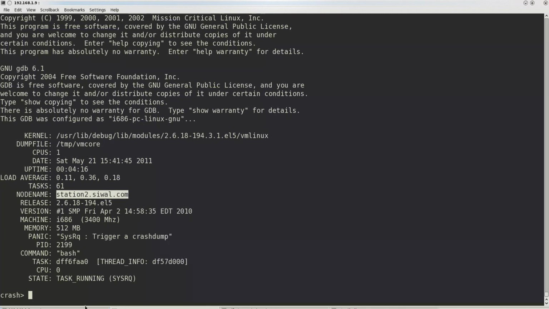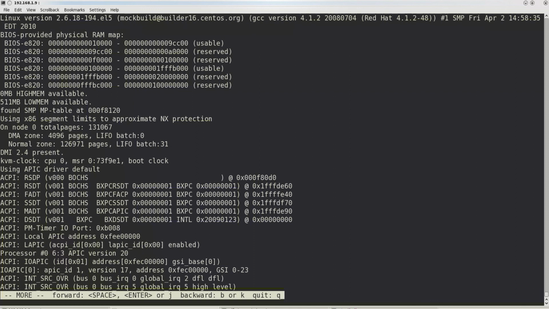You can see the amount of RAM it has, and you can see the reason behind the panic. That is triggered through crash dump, and the command was sent through bash. And you can type the command log to see the details. Yeah, this is the emergency sync that was completed, and then finally through sysrq we triggered a crash dump.